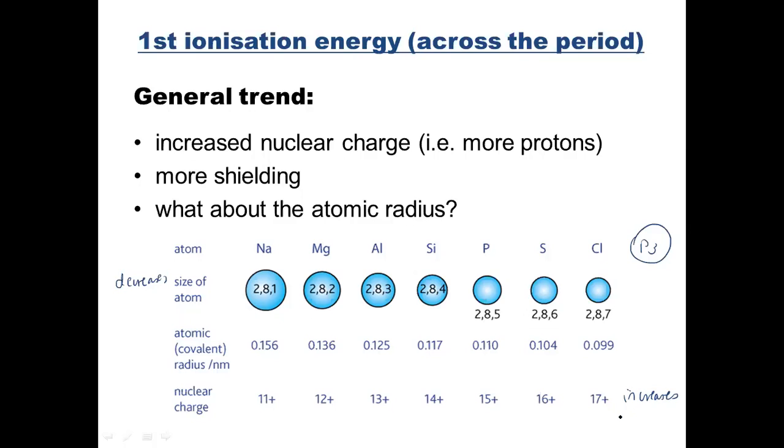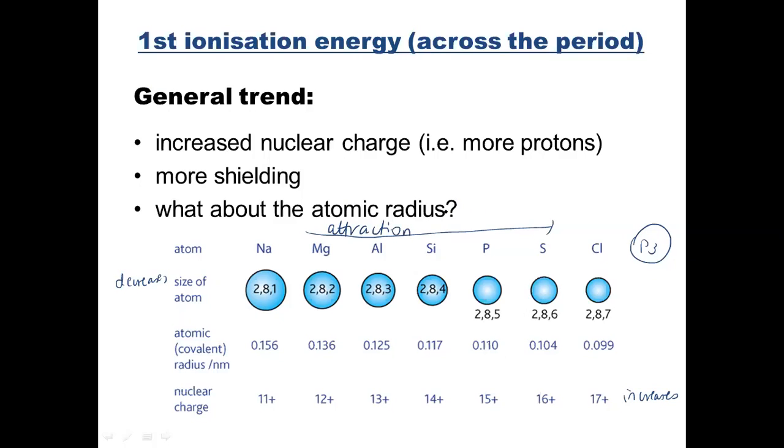Nuclear charge increases, but your distance, you always go under the same shell, so your distance doesn't change that much. Because with each element you've got an extra positive and an extra negative, an extra electron, there's more attraction. So your attraction